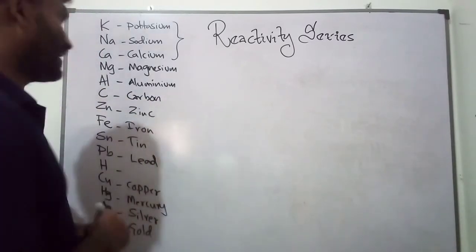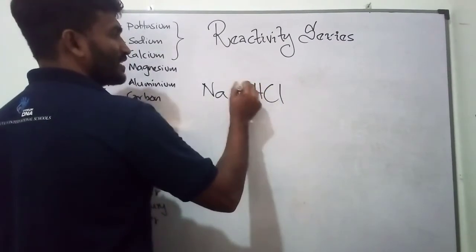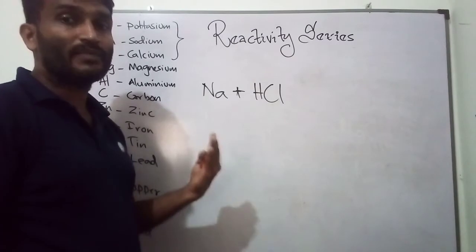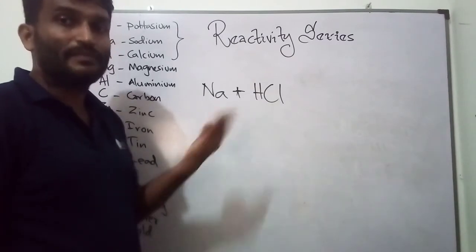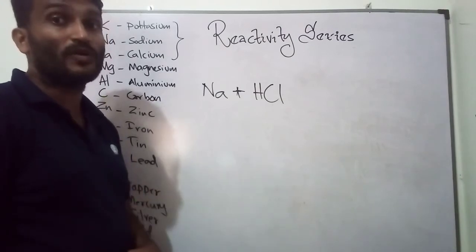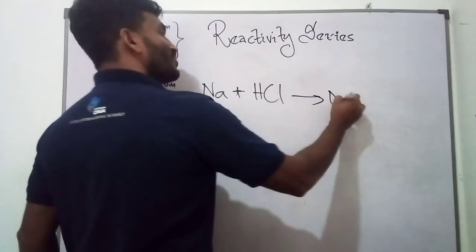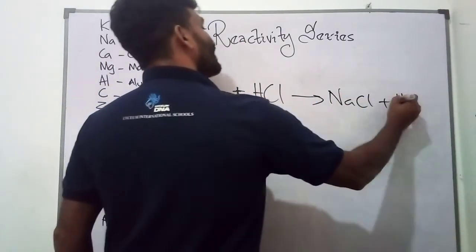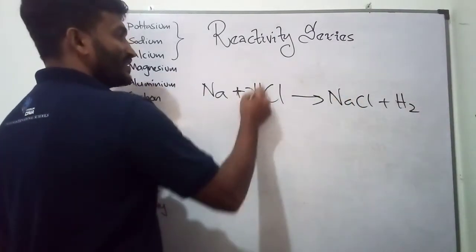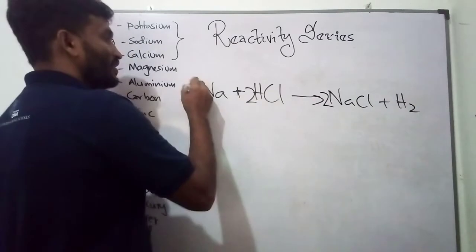For example, if I take a piece of sodium, but we won't do this experiment, children. But remember, we can use very dilute HCl. Sodium reacts vigorously with water, so if you put acid, definitely it reacts violently. It may be like an explosive reaction, right? But theoretically, children, sodium reacts with HCl and hydrogen gas is given out, right? So to balance it, I have to put 2 here, 2 hydrogen. So chlorine becomes 2, so sodium becomes 2.